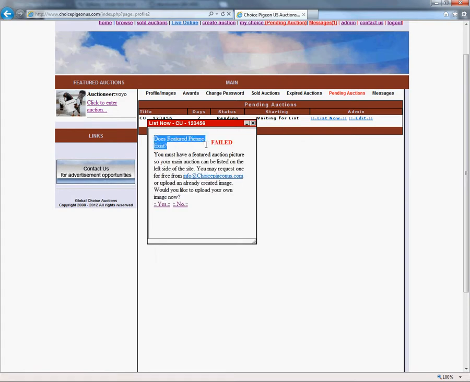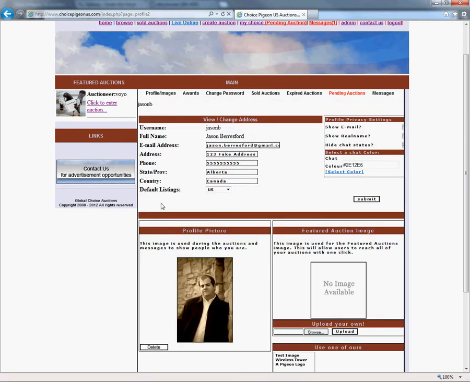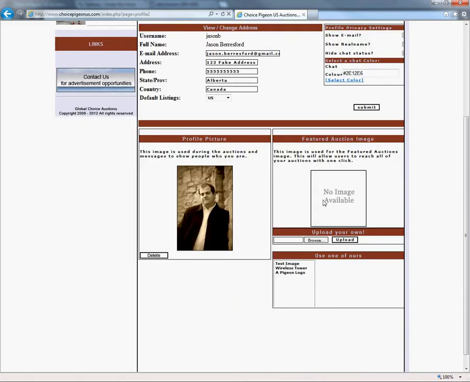So this is now saying that it does not see a featured auction picture, and then a little blurb about it. It's also asking if you'd like to upload one yourself. So I'm going to hit yes. It's going to bring you back here. So I'm going to add in a featured auction image,